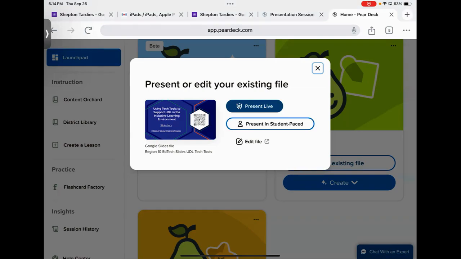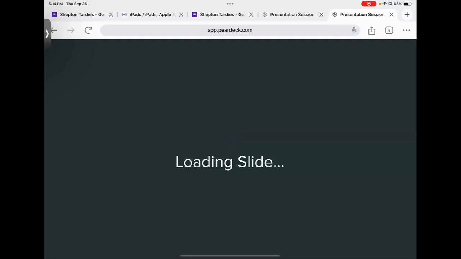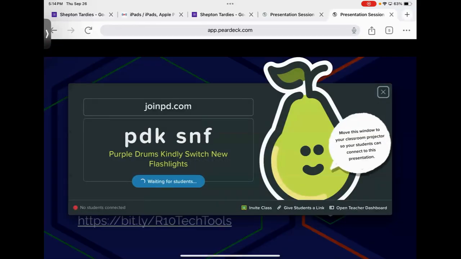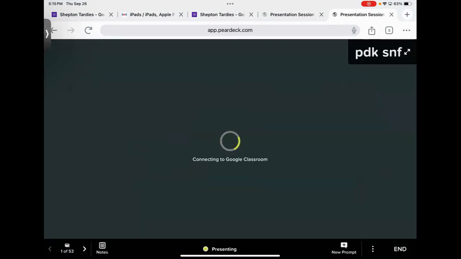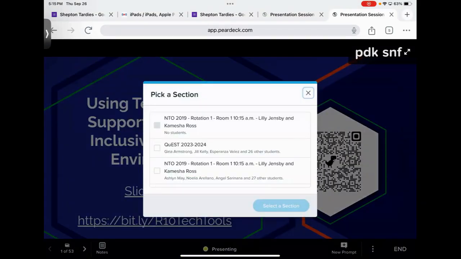So I'm going to choose present live. There you go. And now this is where I can share the link with my students. I can either invite my class. At the bottom, you see the Google Classroom icon. I can click on that and invite my class, or